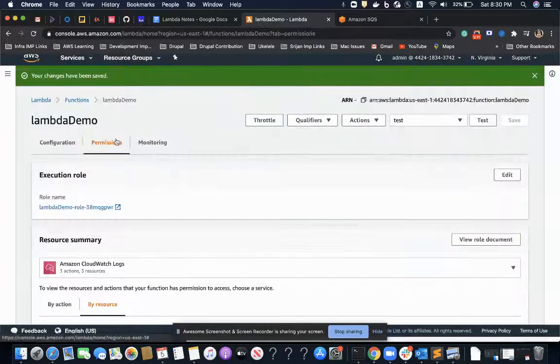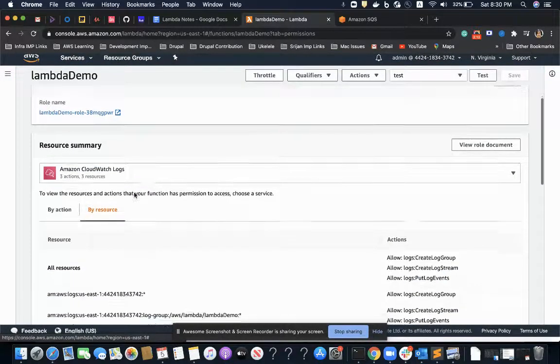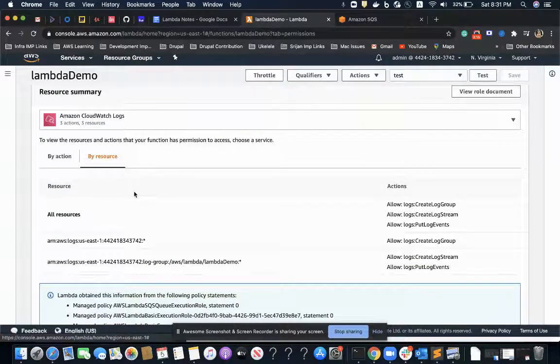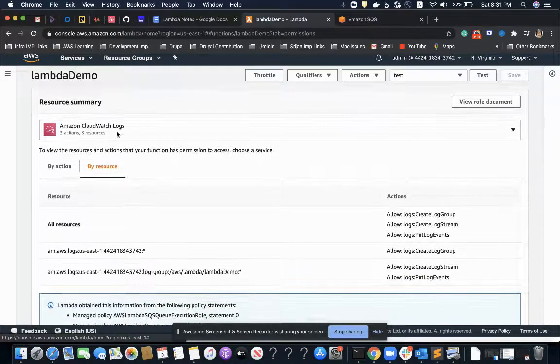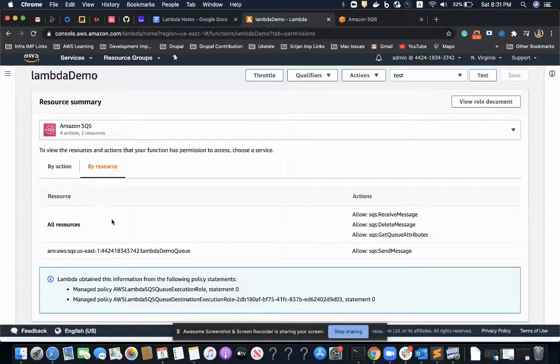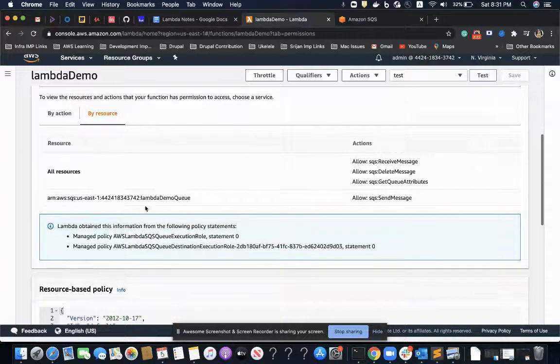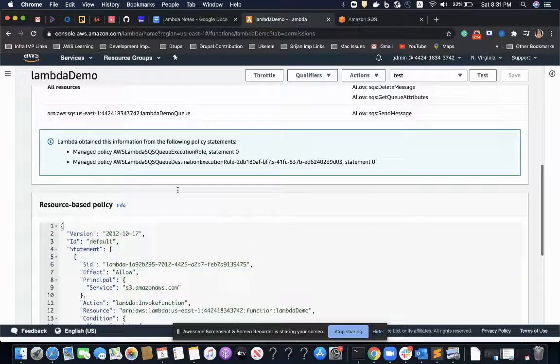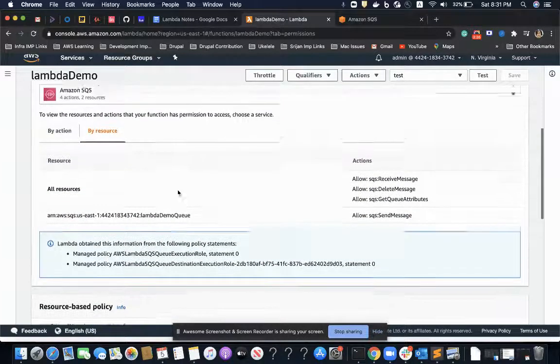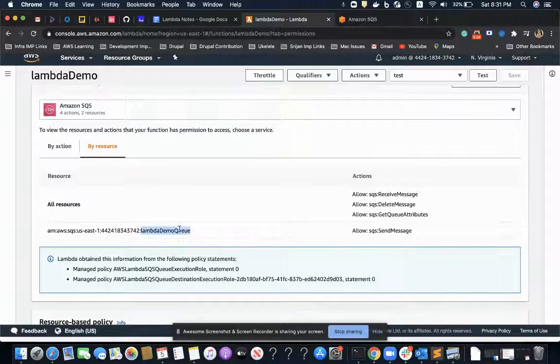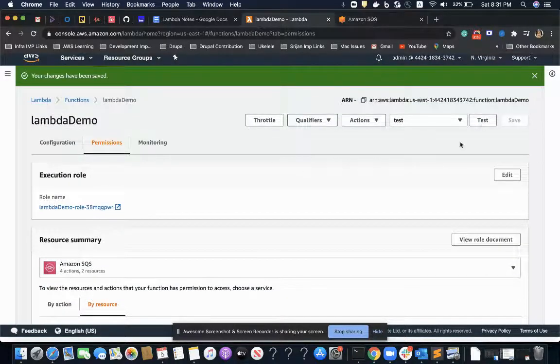Now the permissions, let's go on to the permission section and check out whether our lambda execution role has apt permission for sending the message to the queue. Let's check out. Our queue is this.